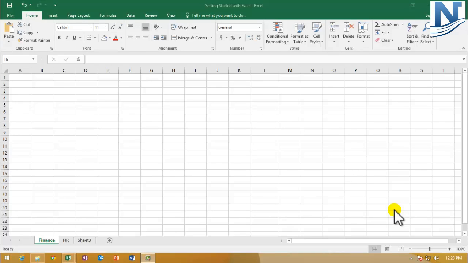So in this tutorial we are going to understand how we enter different types of data in Excel, and there are also specific shortcuts that we are going to understand side by side while we are studying data entry. So for entering data, you need to select any column and just start typing.